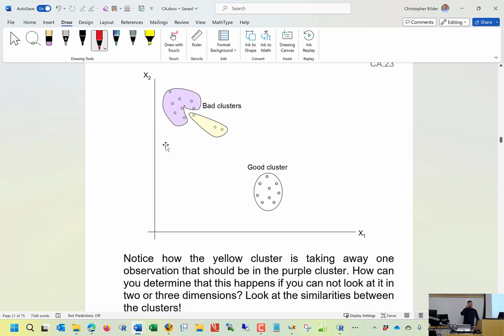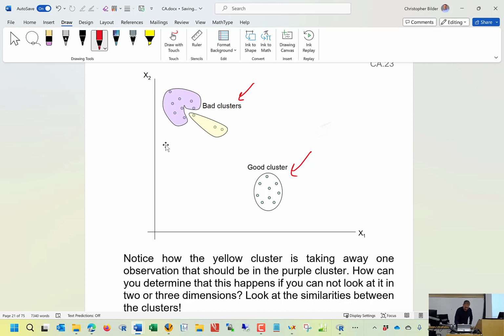Here's another graphical example with 2 variables. Again, you can see that we have a nice cluster here, and everything seems kind of similar to one another. People would refer to this as a compact cluster. If you think of it this way, the radius is about the same throughout the cluster. It's a good cluster. This is a set of bad clusters